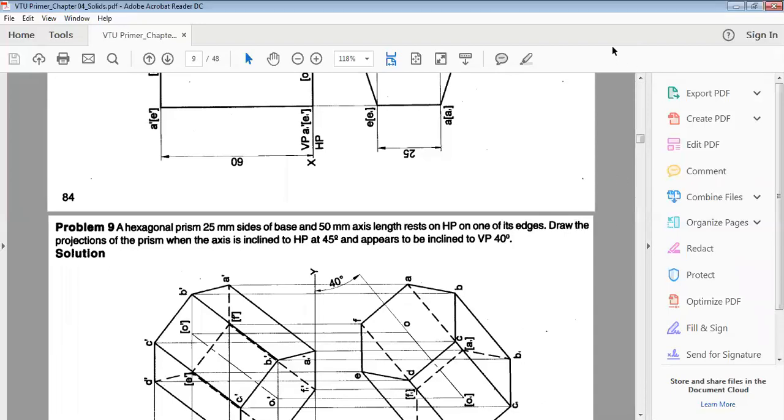So I'll stop sharing this. I'll go straight to the software. Just give me a second. Okay, so